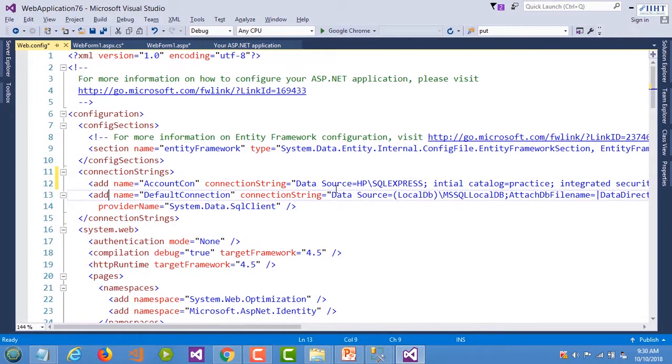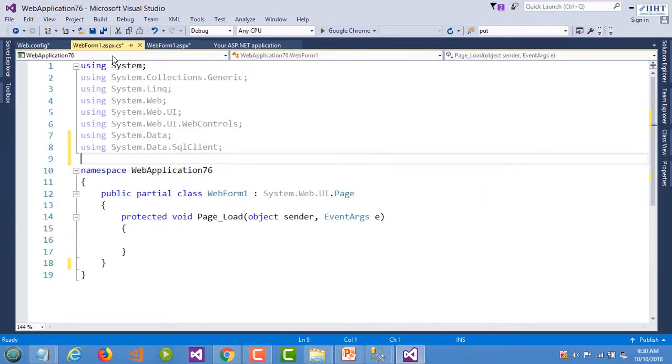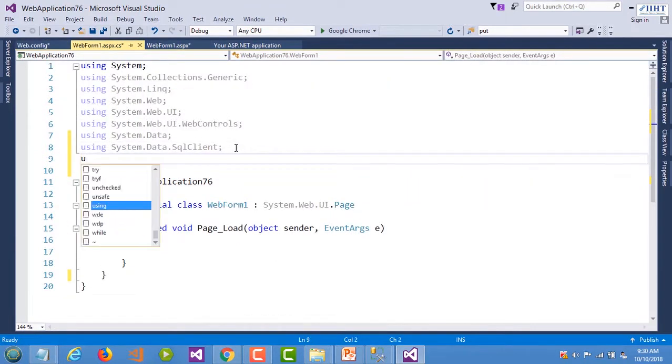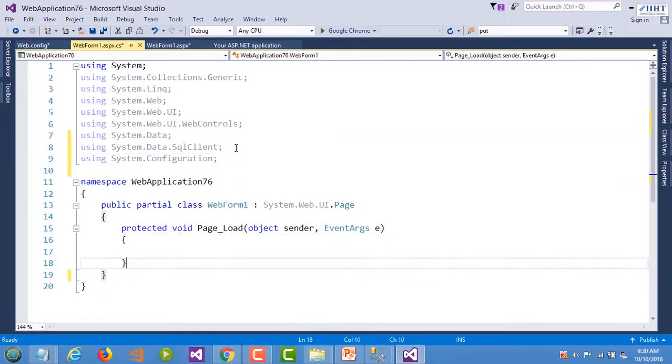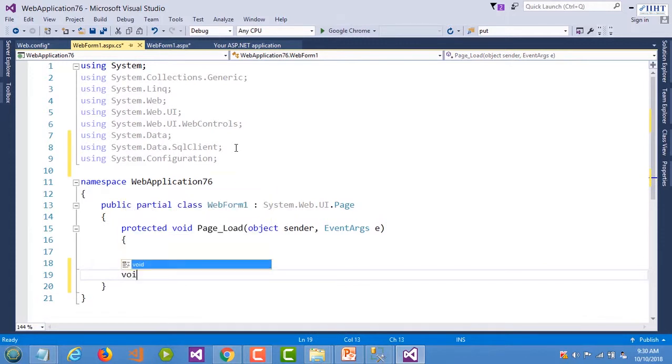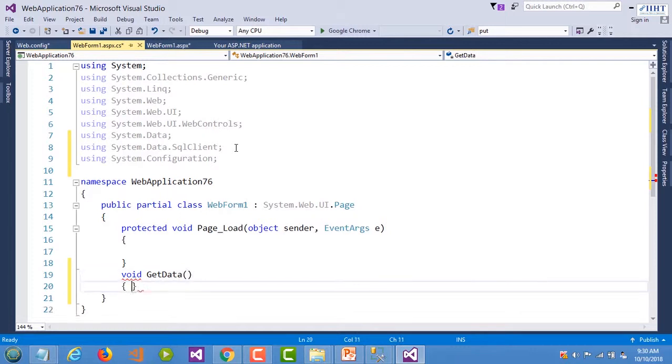Now to retrieve this connection string in this web form, I will have to add one more namespace here, System.Configuration. I am going to add one method here, void GetData, in which I will retrieve the records from the database. So for that I need first the connection string. So I'm declaring a variable here,